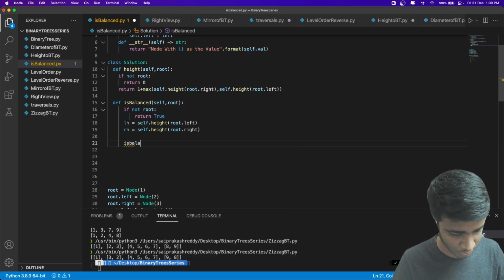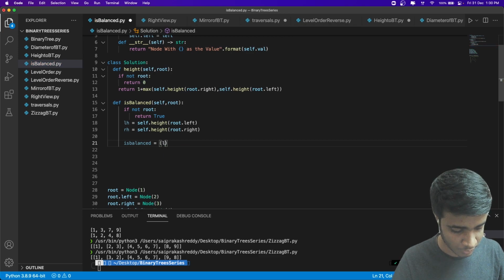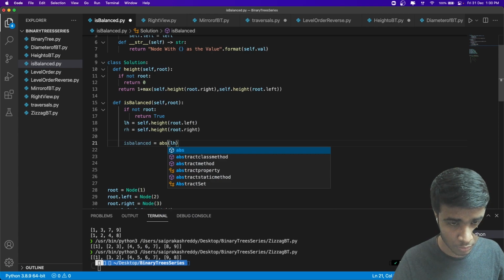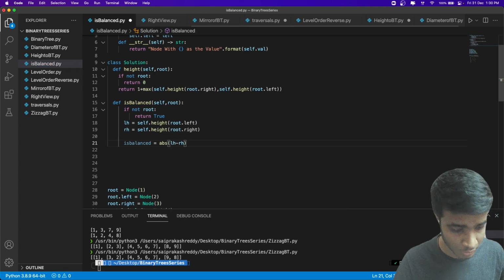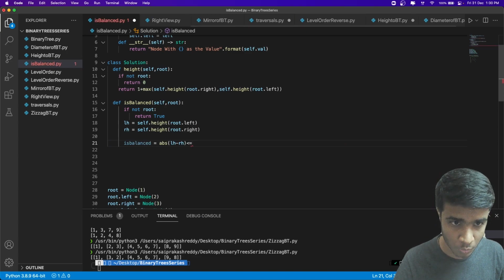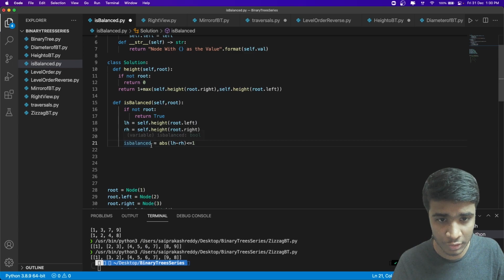I will use is balanced. So this is going to be, if the absolute difference of LH minus RH has to be less than or equal to 1. If that's the case, is balanced is going to be true.